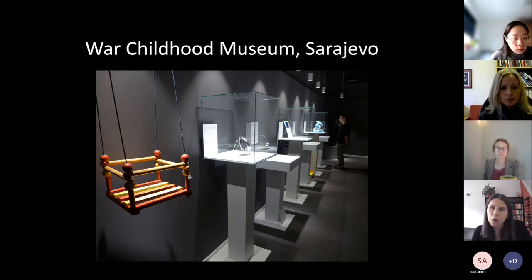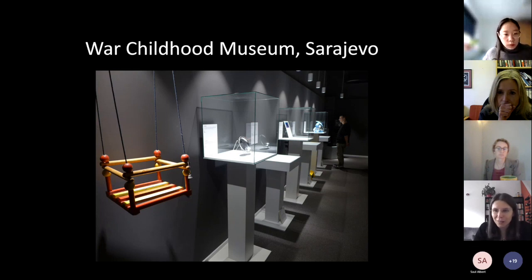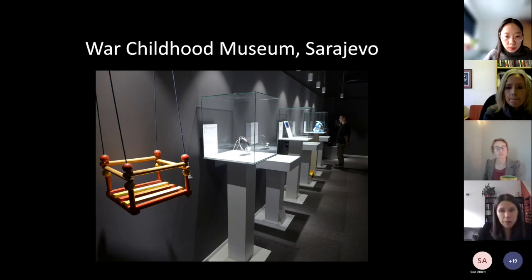In this museum, we have a focus on one individual object from a child in this war, in this siege, and a piece of testimony from this very child or teenager, of different ages. I think this worked very touchingly, and even for me, who was born in Zagreb, I recognized some of the stuff as something from my childhood that might not be immediately recognizable for people from further abroad coming to this museum. But to me, this worked very well as a very powerful and empathy-evoking way of approaching this war,